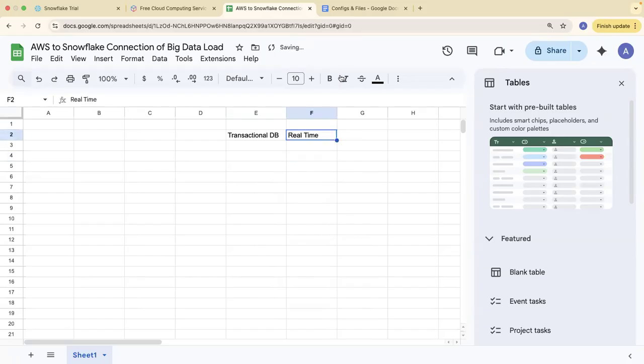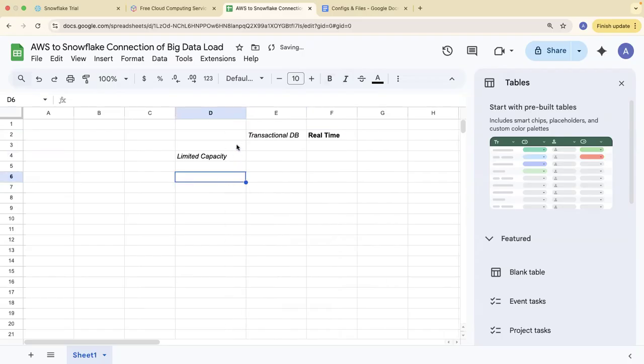So all the data that we use in real time is mostly kept in transactional databases like SQL, MySQL Server, and they have limited capacity. So you cannot have a large amount of data in them. If you have a large amount of data within them, they will mostly fail. So today, every company that is working with big data is working with a new concept of data warehouse.